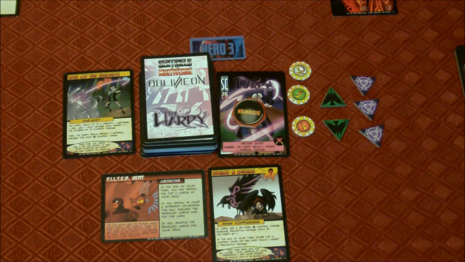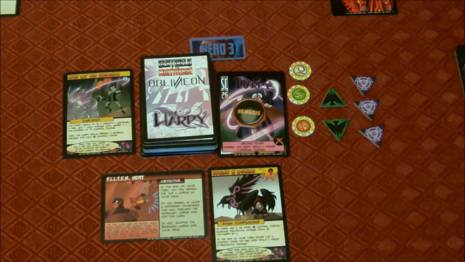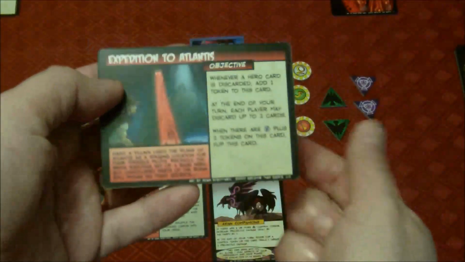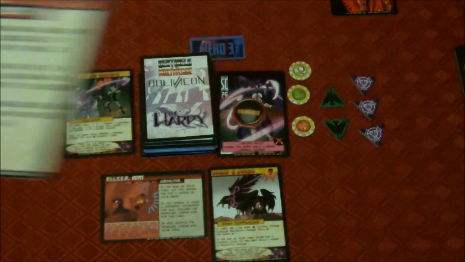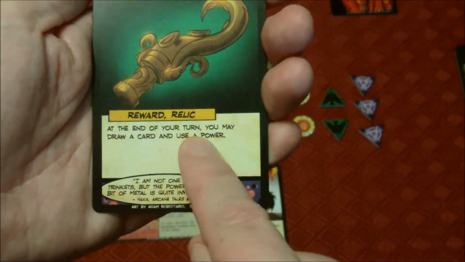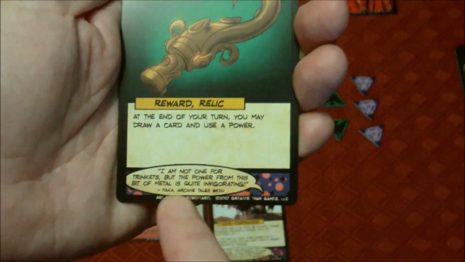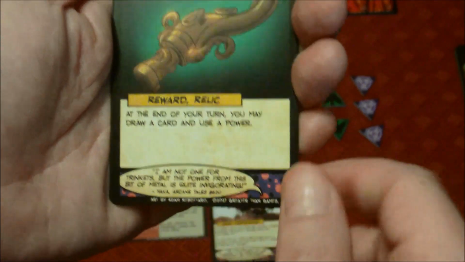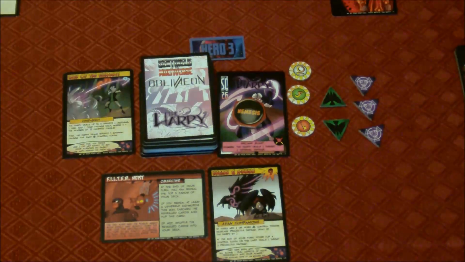because by discarding 3, we'd put 3 more tokens on this, but we'll hit 5. So that means Fnatic's reward will kick in. So we just discarded a bunch. Okay, she has discovered the Atlantean Conduit reward relic. At the end of your turn, you may draw a card and use a power. Haka says, I am not one for trinkets, but the power from this bit of metal is quite invigorating. Alright, so that's nice for her. And we also...